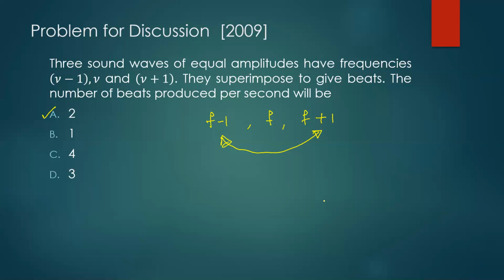But the trained musicians, when they hear this, they can catch that difference. Okay, so they know that the guitar strings are out of sync, out of tune. So what they do is they try to tighten the string using those keys at the end near the neck. When they increase the tension, they keep going until they don't hear any such loud notes. Then they say, okay, the two strings are in sync.